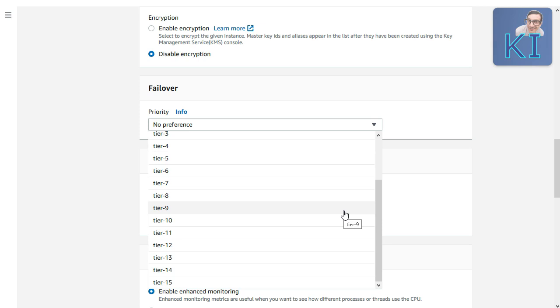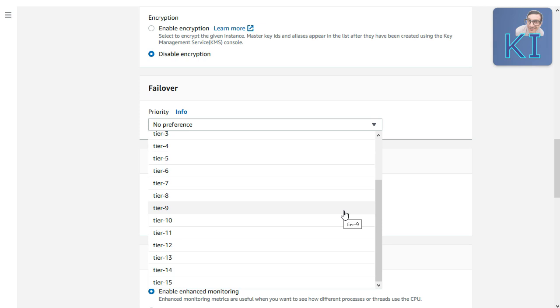It allows 15 replicas. So this particular value, priority, kind of sets the priority of a particular Aurora DB instance, so that in case of a failover, which particular replica should become master gets decided based